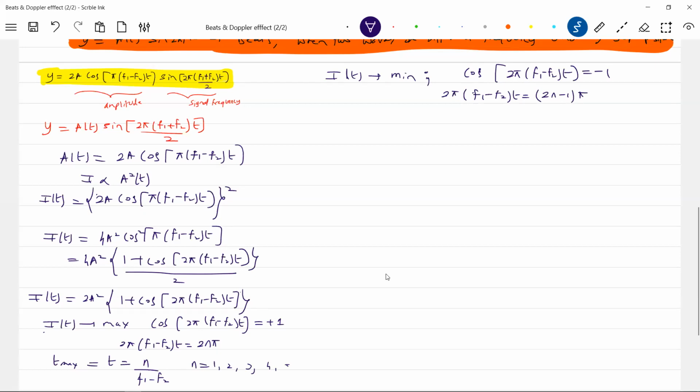For these instants, the pi will get, so this t is equal to (2n minus 1) by 2(f1 minus f2), n equal to 1, 2, 3, 4, and so on. So these are the t minima, I'll write it. Now what are the minima values? So it will be 1 by